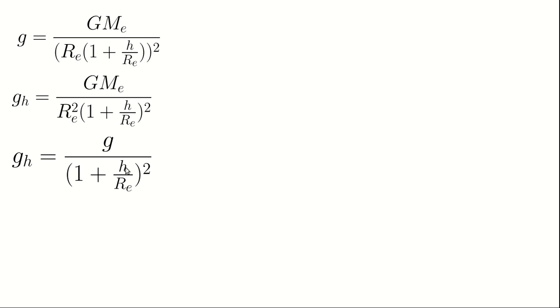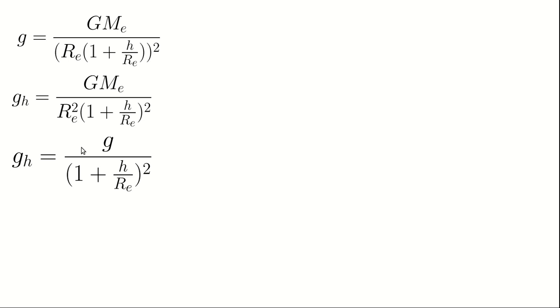So you can see that when h, the height above the surface of the Earth, is exactly equal to R_E, what do you notice? The R_E and R_E will cancel out, leaving 1. 1 plus 1 will give us 2. 2 squared will give us 4. So it will now be g over 4. So when you are above the surface of the Earth and that altitude is equal to the radius of the Earth, you will experience 1/4 of the